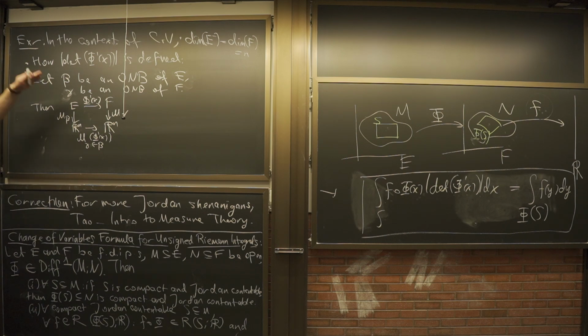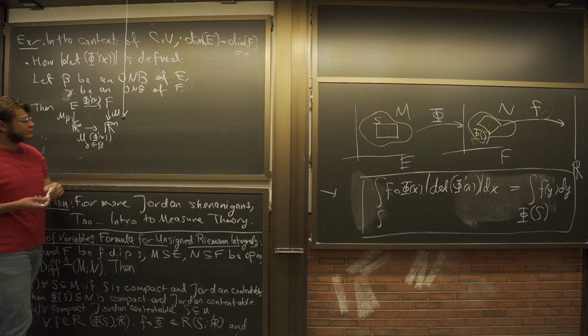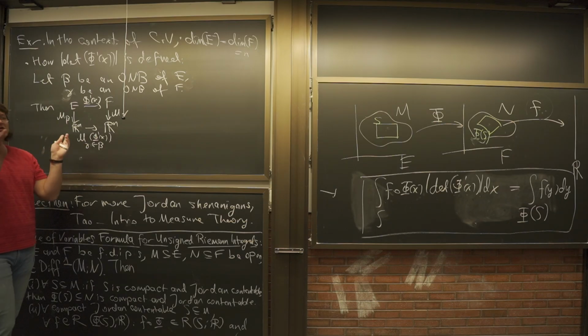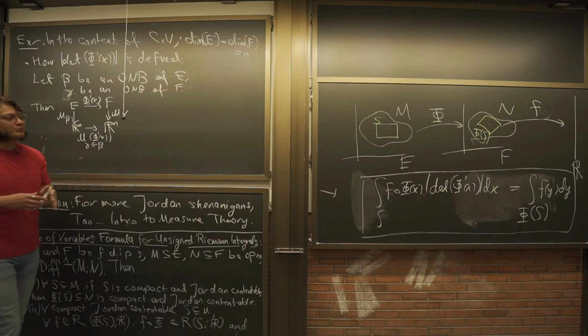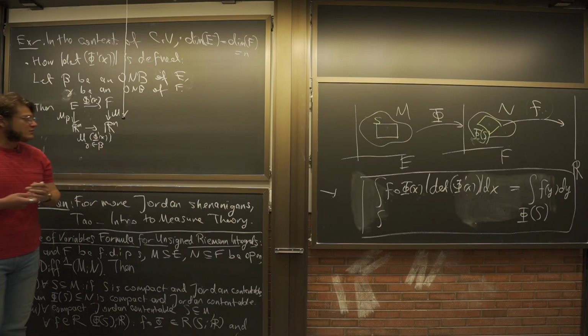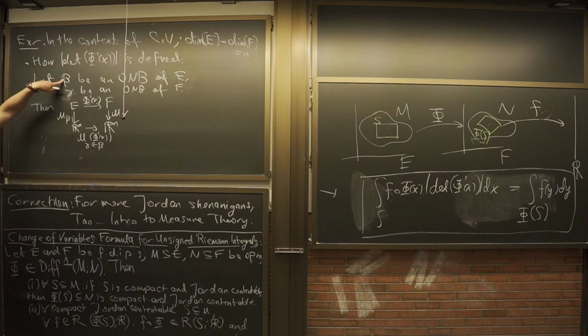Certainly, this determinant should be related to the determinant of this, which you should be able to compute using 2270. But the point now is that you want this calculation to be independent of your inertial frame of reference. From a physical point of view, these bases are those, really. These are inertial frames of reference. So if you were to switch beta to, let's say, beta bar and gamma to gamma bar,